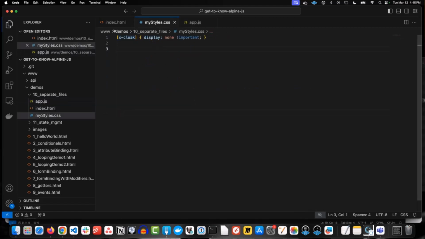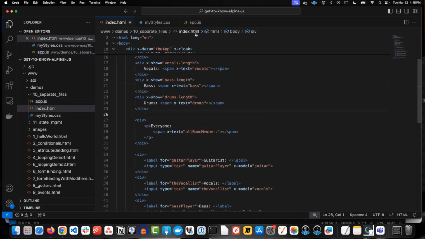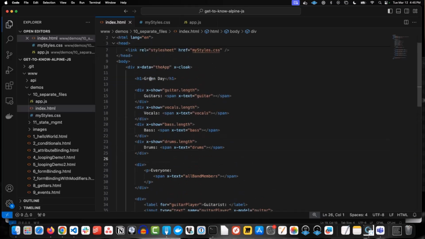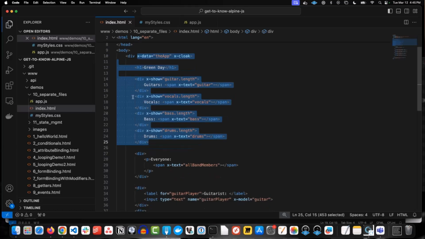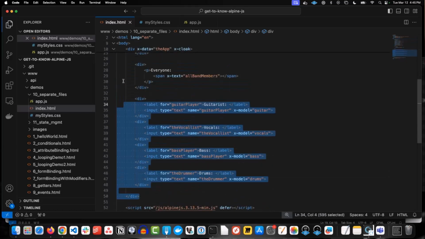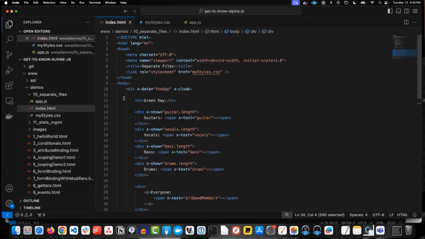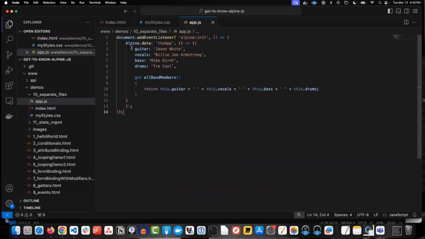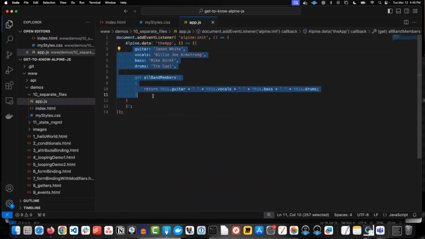So what is this xcloak thing? We have this larger Alpine component now than in our previous demo. It starts on line 10 and goes down to line 50, so it's 40-ish lines of stuff. I've got some white space in here. If you have a larger component, or a bigger chunk of JavaScript back here that's doing something fancy, like maybe using the fetch API to hit an endpoint and return data back for you or something to that effect,